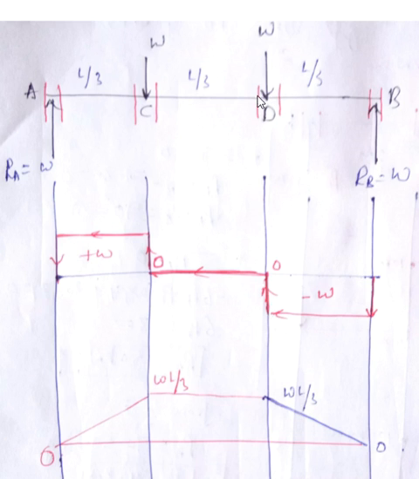If I come to this section, coming from the right, there are two forces, as one more force, W, is introduced now. Coming from the right, this one is upward, so I'll take it as minus W, and this force is downward and it is plus W. Minus W plus W will become 0. So from here I'm going to move to 0. Then after this you go to this section.